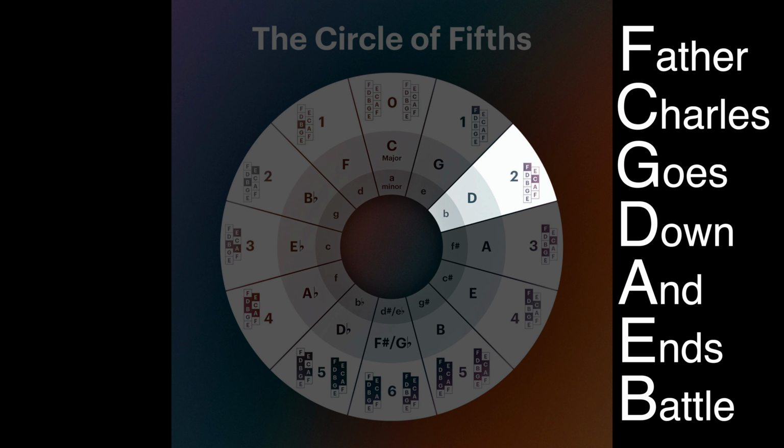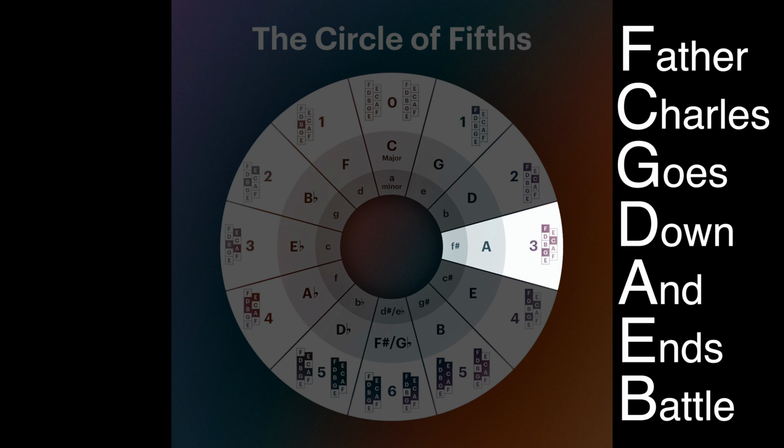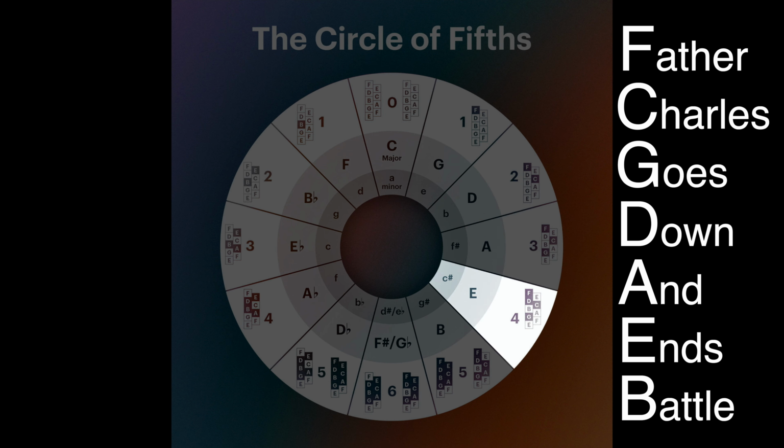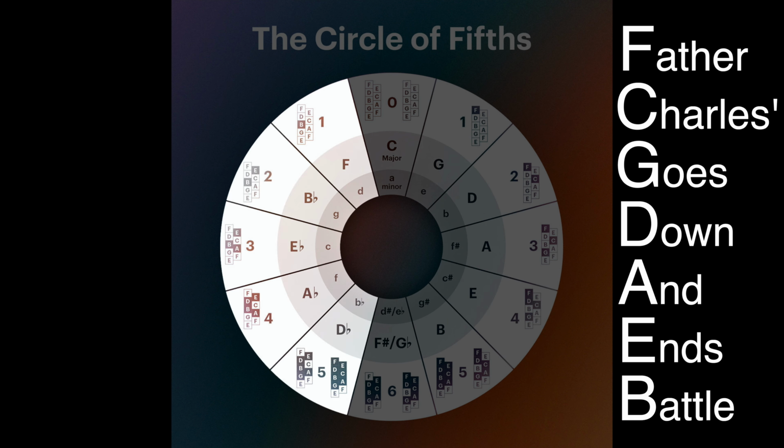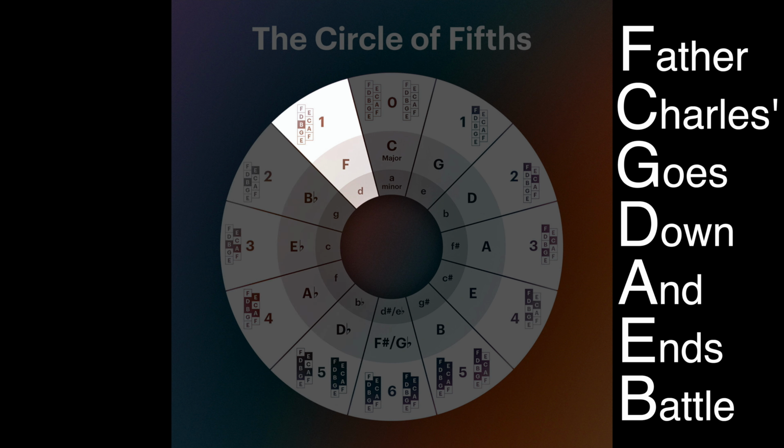And then you can see Goes is our 3rd sharp in A, and Down is our 4th sharp in E, and it continues to follow that pattern all the way through. On the flat side, you can use this phrase in reverse. So for our F, we know that we have 1 flattened note. Well, which note is that? If we start at the end, Battle Ends And Down Goes Charles's Father, we know that B for Battle is